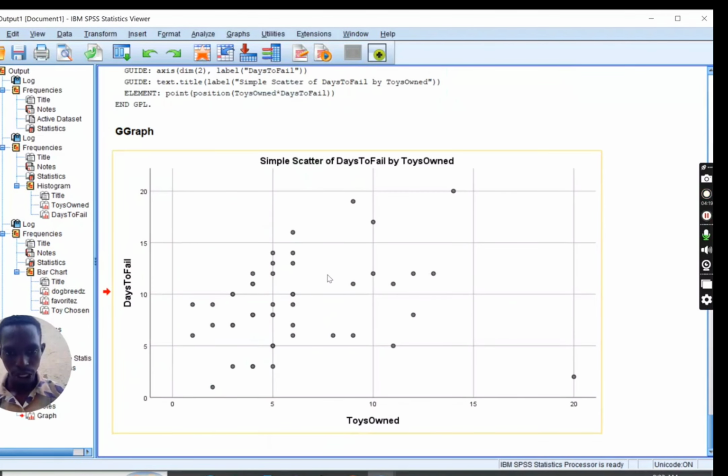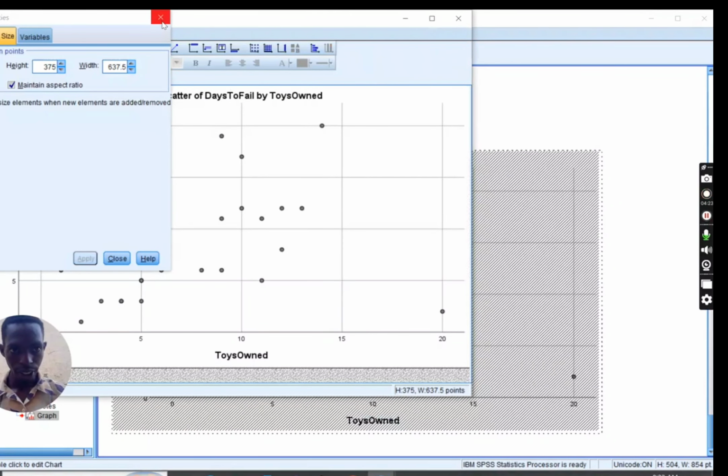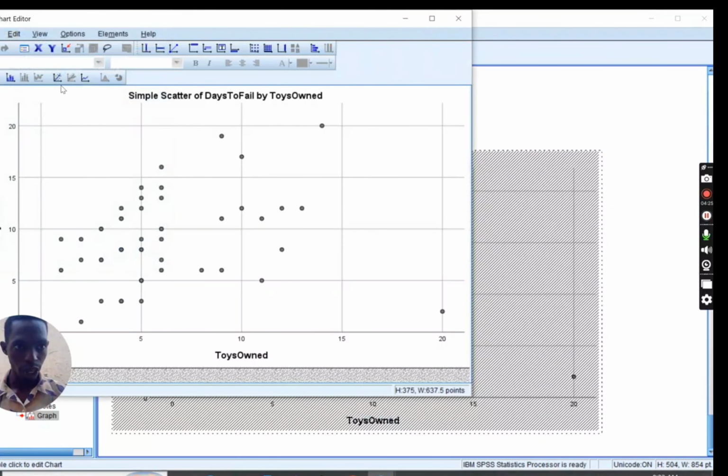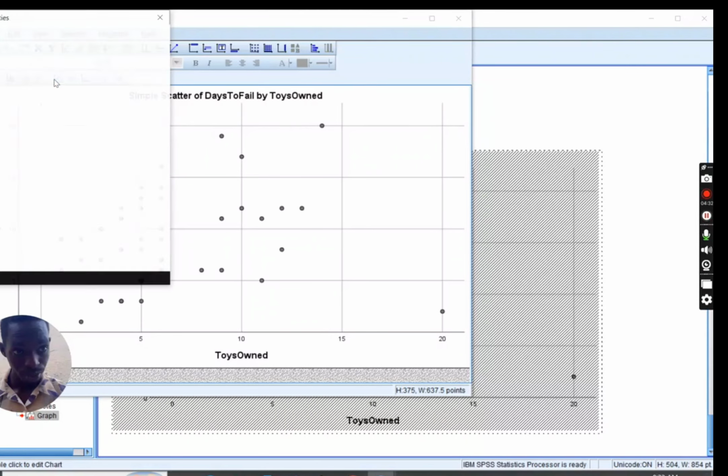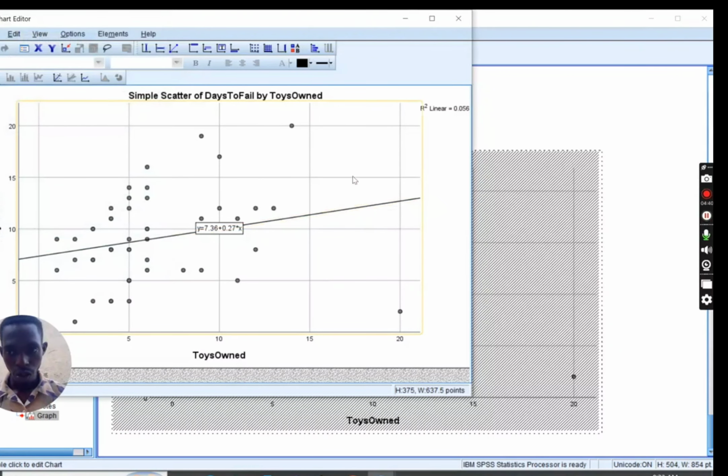When it appears, just double tap, and then we want to add a line of best fit. Add a fit line. It has been added. So what we need to know, let me zoom. We want to identify